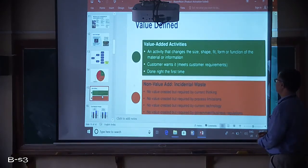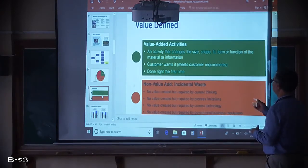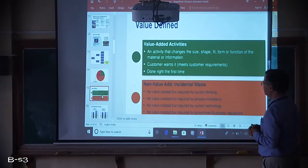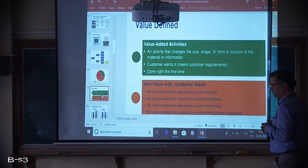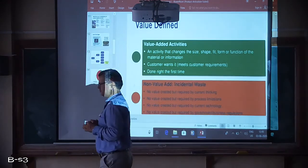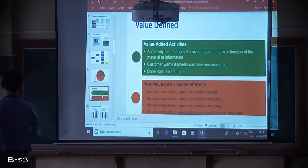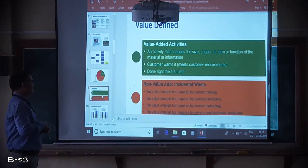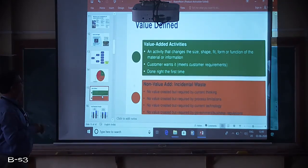We said there are some pure non-value added and some incidental non-value added items when you're thinking of improving productivity or focusing on improvisation. But first of all, you should know which activities are called value added and which are called non-value added. Value added activities: an activity that changes the size, shape, fit, form or function of the material